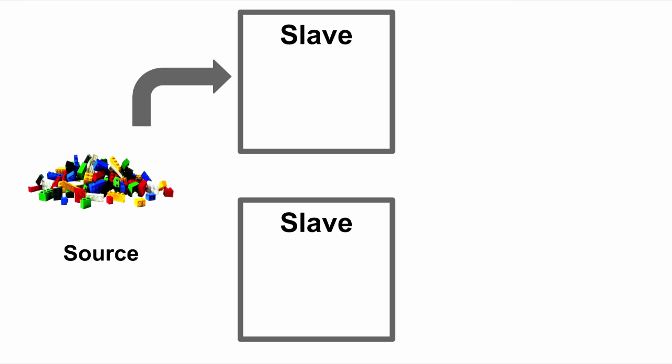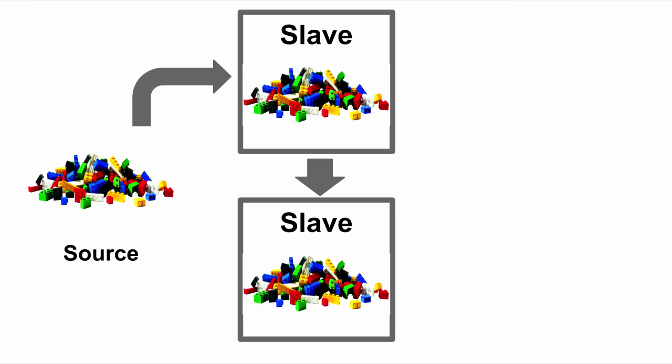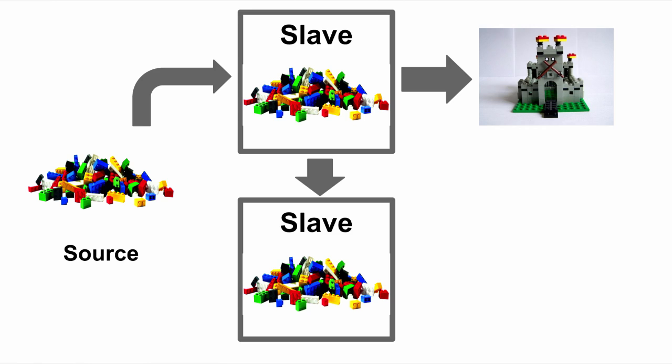So let's take it through a failure scenario. So I'm reading data out of a source. The data flows to a specific slave. By default, Spark actually replicates the data over to a different slave just to give you the ability to recover. And then that first slave will actually try to build what you're trying to accomplish.